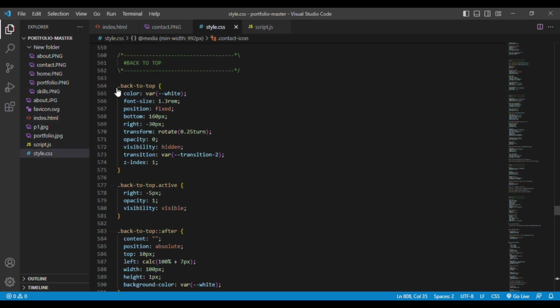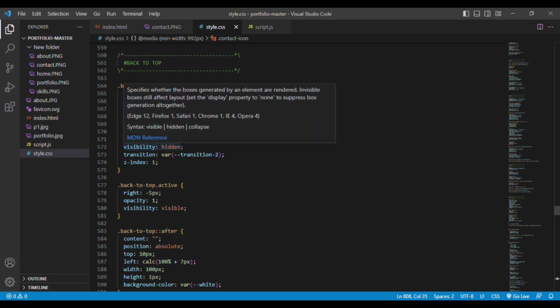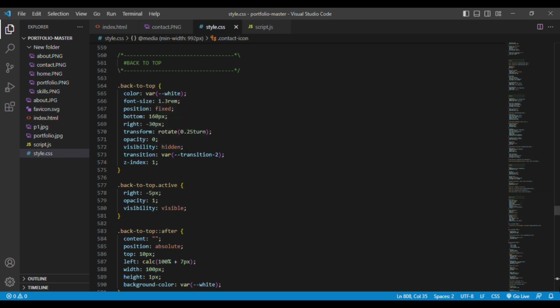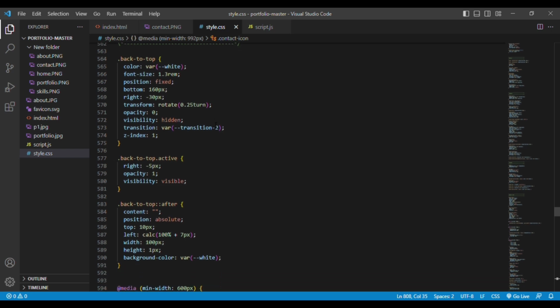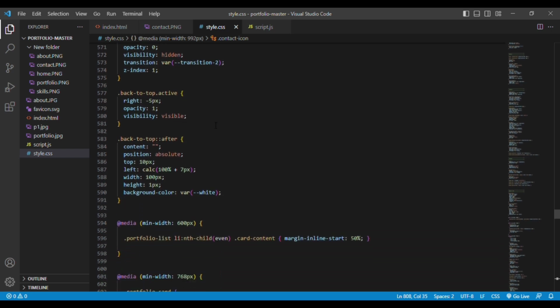For that, we are adding the CSS styles here. You can see color, font size is given, and position is fixed, at the bottom towards the right hand side. You can see it at this particular end of the website. You can see the back to top button, and whenever the back to top button is active,